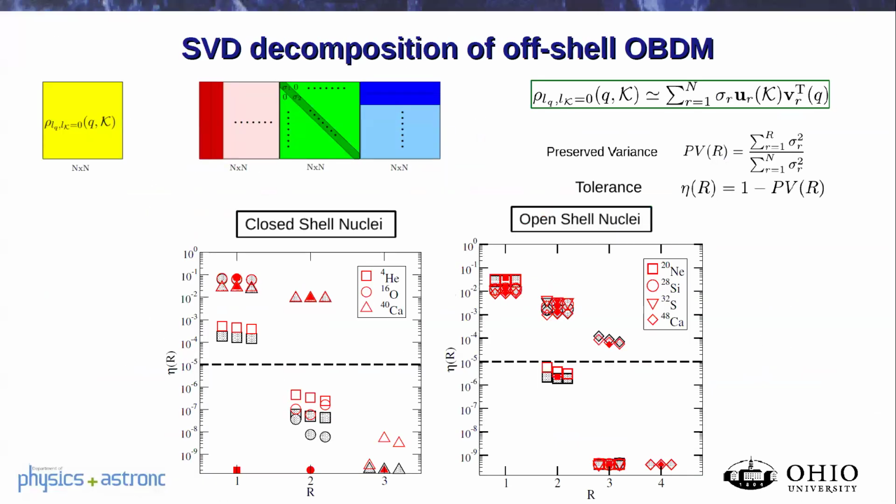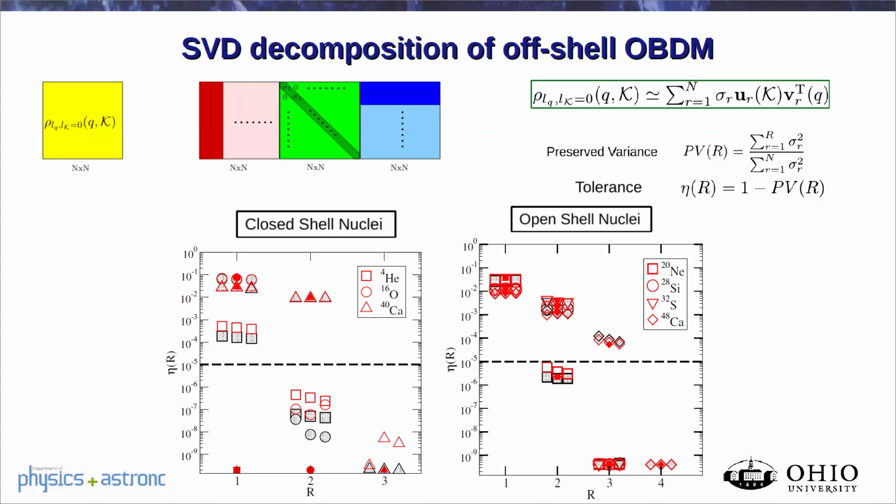What is interesting, okay, so I actually did backup slides in there. That is from the recent paper which we did, where we just did the SVD decomposition of the densities. This is a typical thing, SVD in pictures. You have the diagonal here, and you have your left and your right. For squares, you can define a preserved variance and then a tolerance. So what we did here is, for all different N maxes and different H bar omegas, how many significant sigmas do you get per nucleus? And everything which is below the tolerance